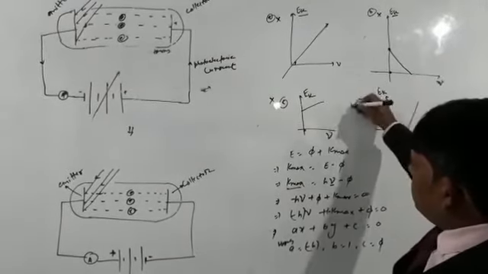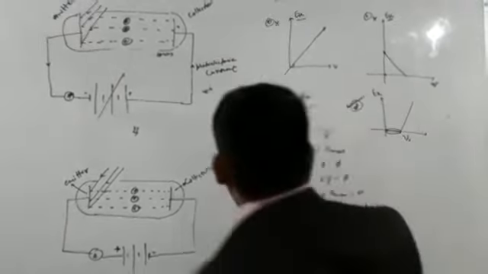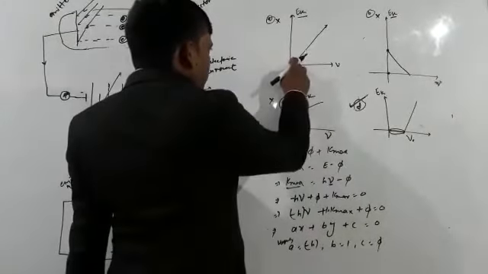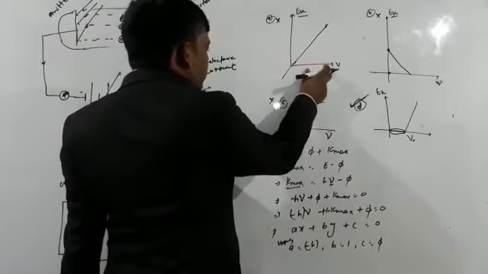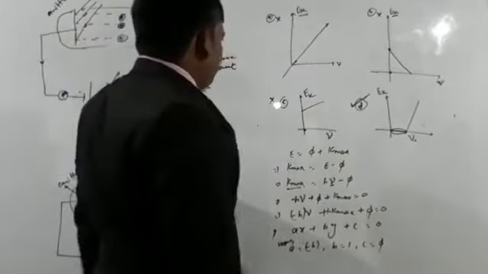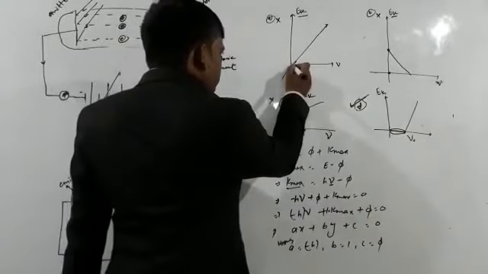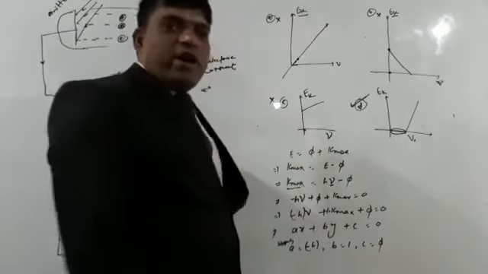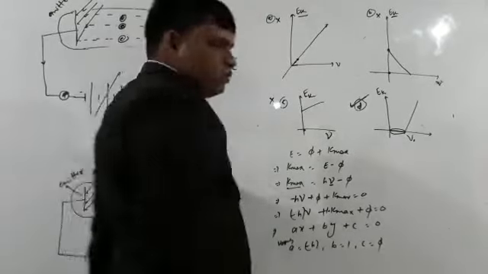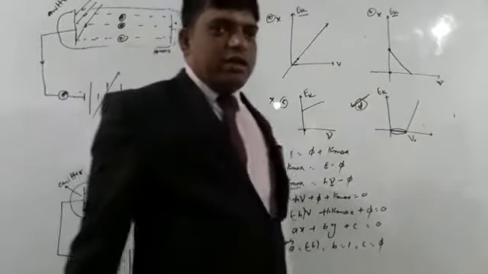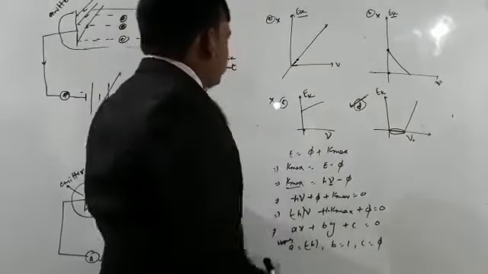Now if we check option A, then when the frequency of the radiation falling on the emitter is just greater than 0, there will be some value of maximum kinetic energy according to this graph. But it is not possible because we know that the frequency should be greater than the threshold frequency, and this option is not correct.